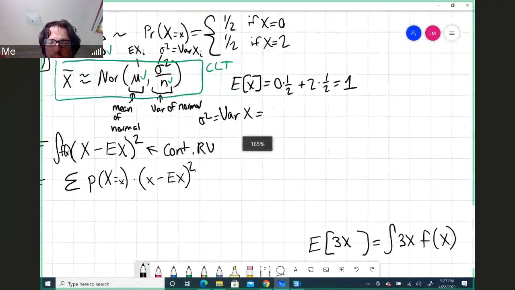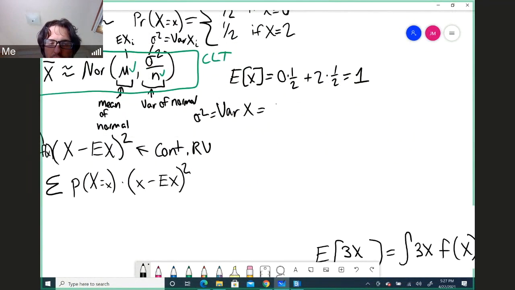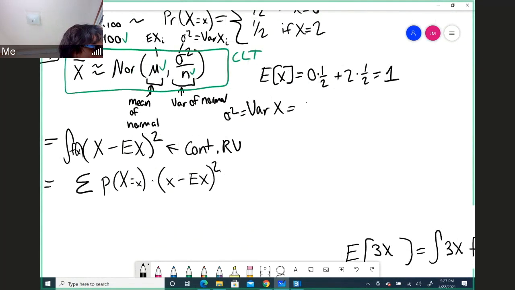So I would double check this continuous formula just to make sure I didn't make a mistake. I'm having trouble finding it on my equation sheet, so I don't want to mislead you. So double check that. But in any case, for this discrete value case, what we have is 1/2